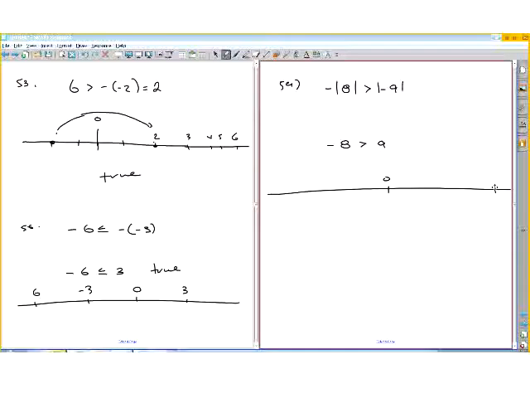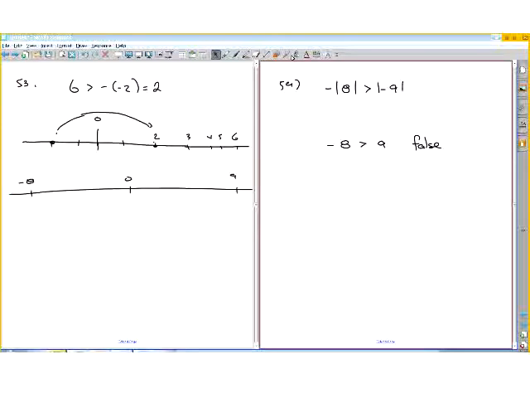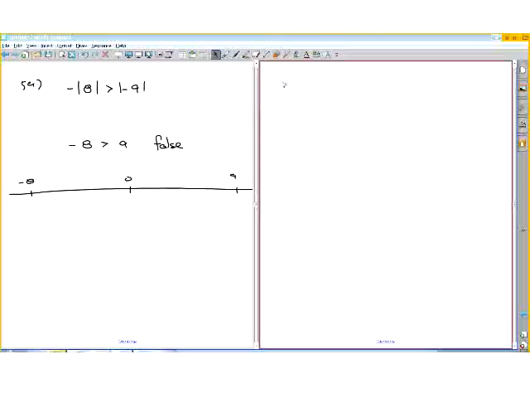And again, from a number line perspective, this is 9 and this is negative 8. Since this is to the left of that, negative 8 has to be less than 9, and therefore this statement is false. Also, by the previous thing that we just said, any positive number is greater than a negative number. So even if you don't use the number line, you know that's true. Okay, let's look at